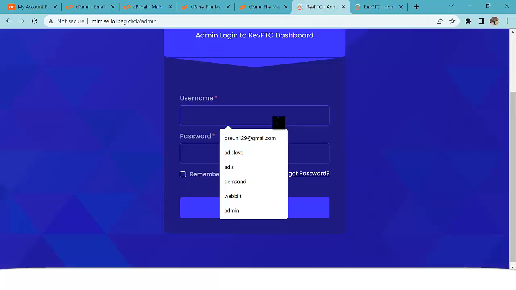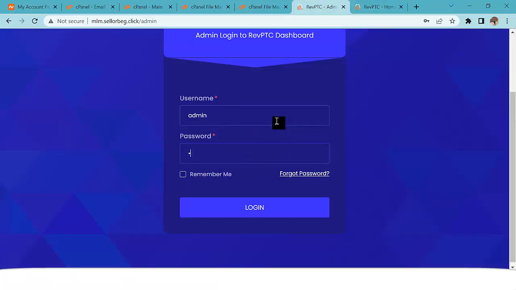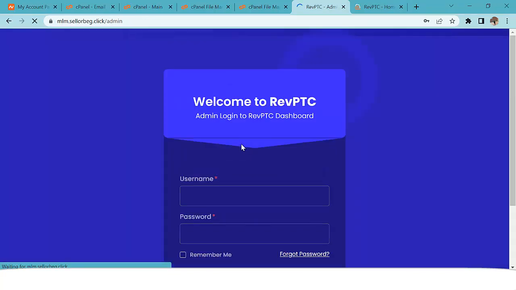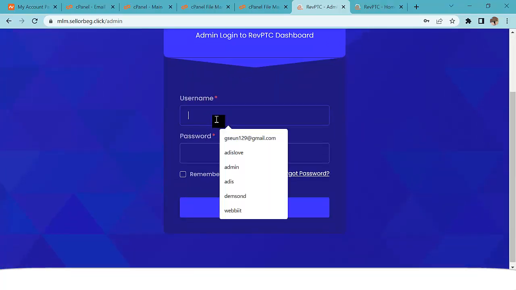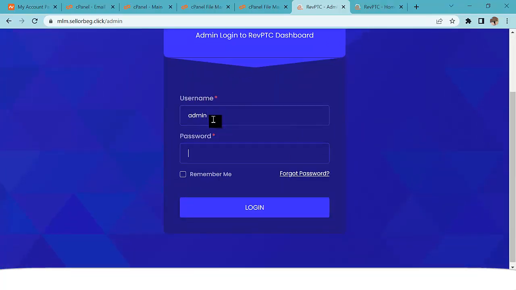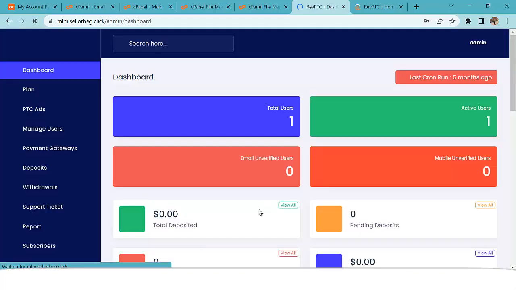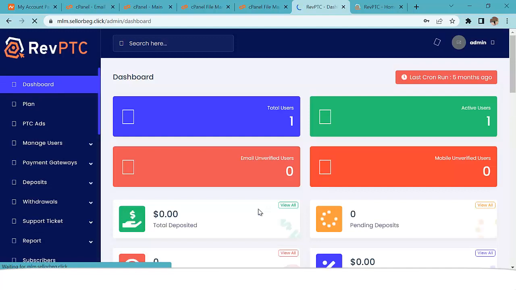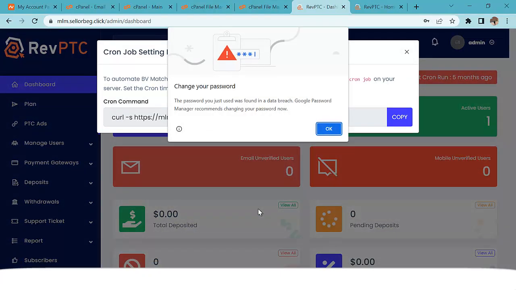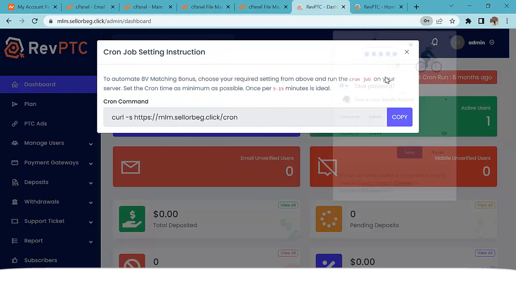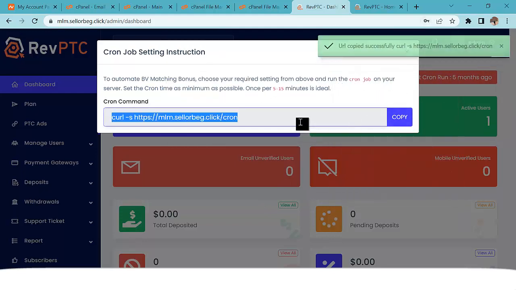You can log into the admin. So let's log into the admin now. Awesome. So when you log into the admin, it's going to tell you to set up your cron job. So make sure that you set up this cron job. So you copy this, right? You copy this, then you go